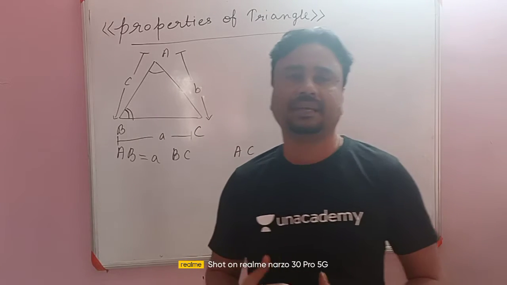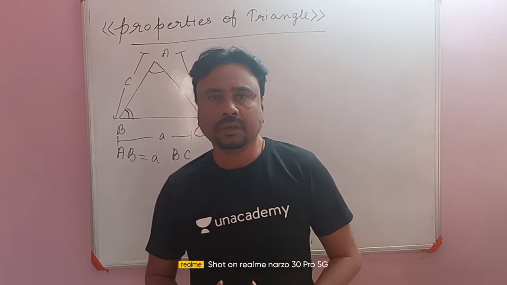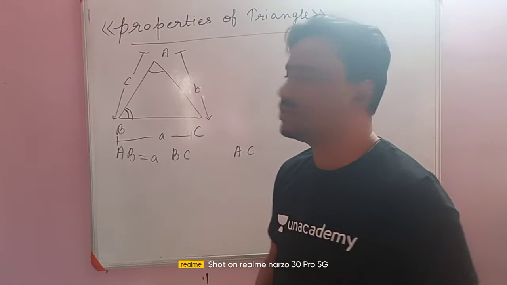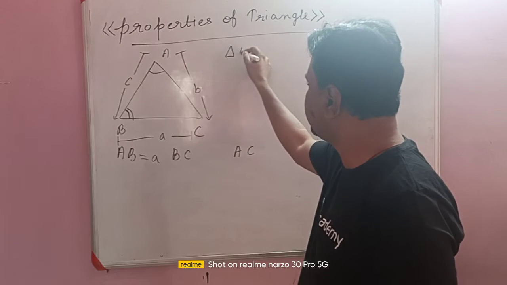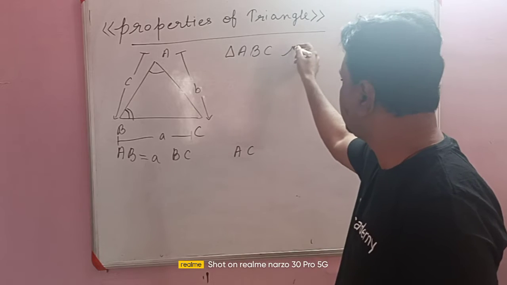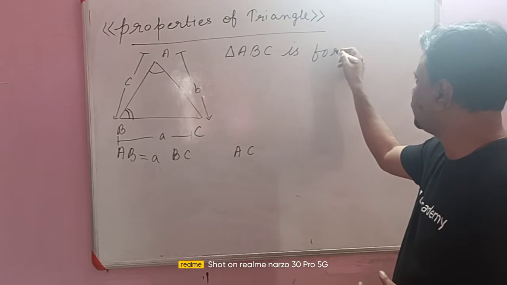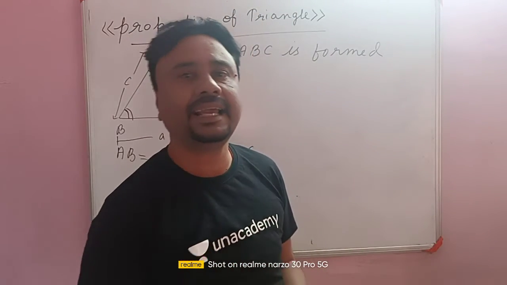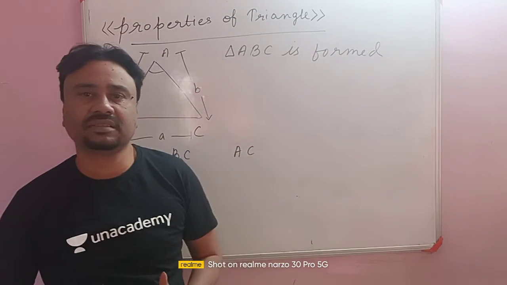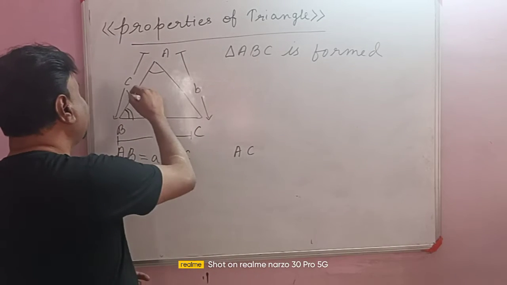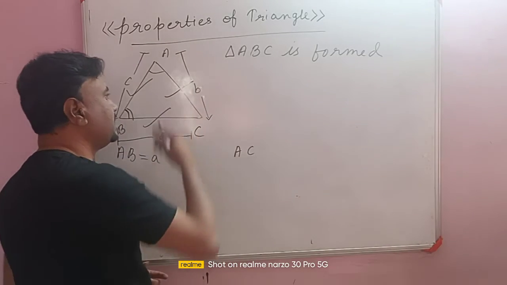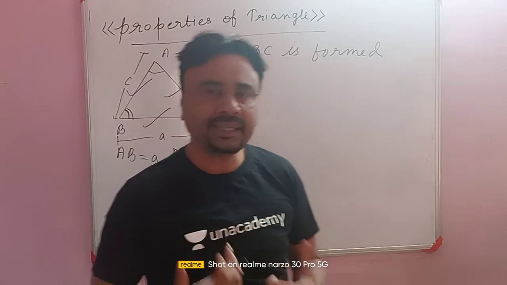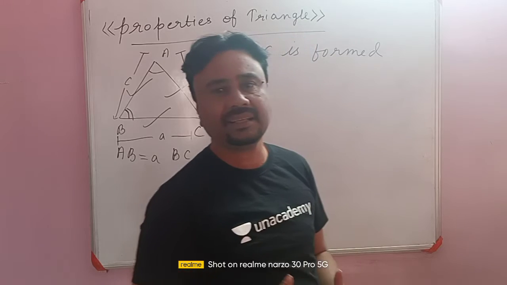opposite to angle C. Now the question comes in everyone's mind, how is a triangle ABC formed? We call that a triangle ABC is formed. When we say a triangle ABC, a triangle has three sides, and I have denoted its side lengths by AB, AC and BC. When we say that a triangle ABC is formed, there are certain rules to understand that a triangle is formed.